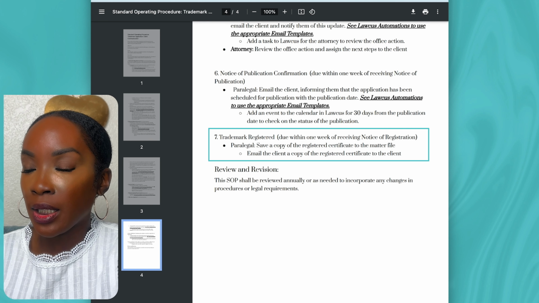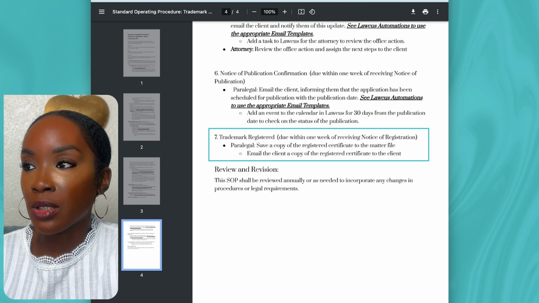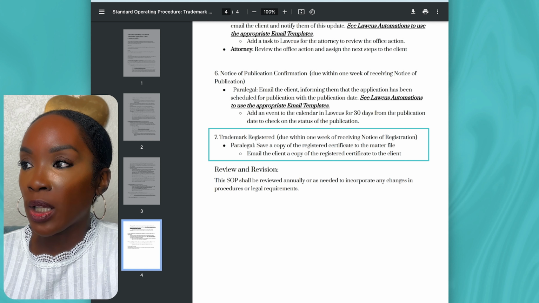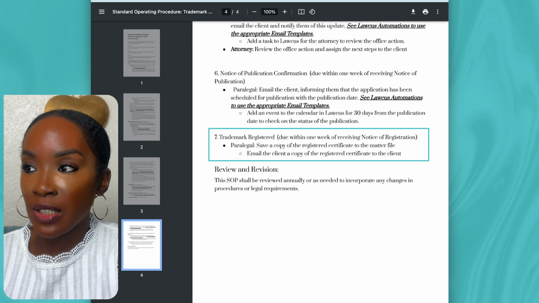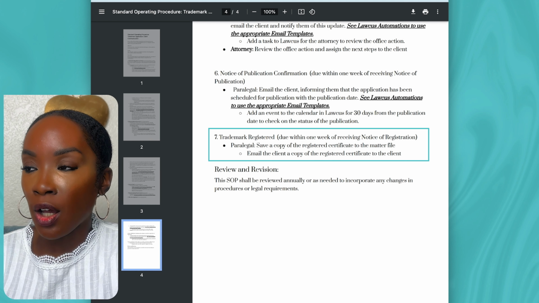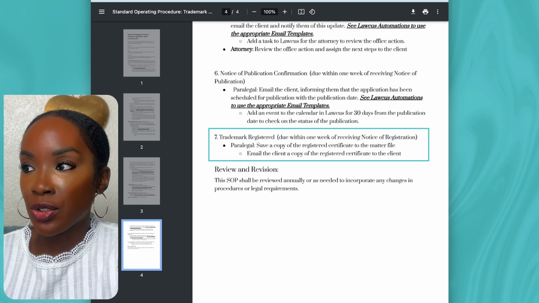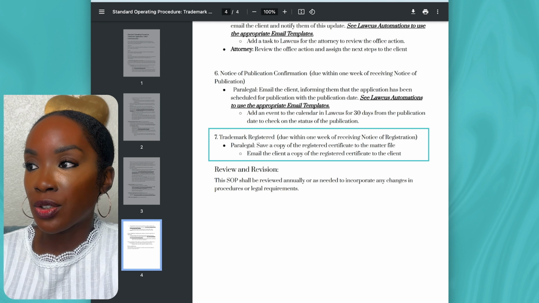And then finally, the last big piece of the milestone communications revolves around the trademark registration. And once the firm receives the notice of registration, within a week of receiving that, the paralegal needs to log into USPTO and save a copy of the registered certificate to the matter file, and then email the client a copy of the registered certificate